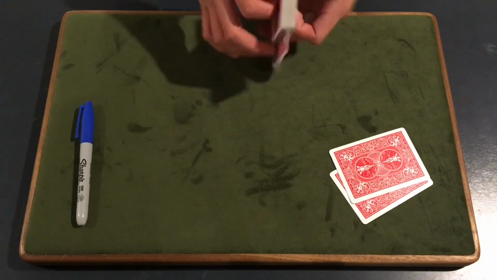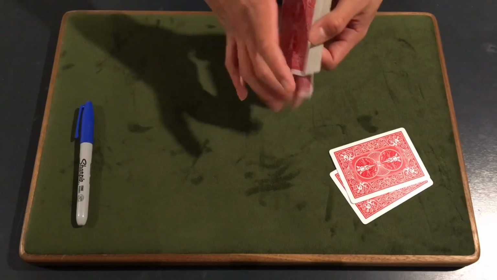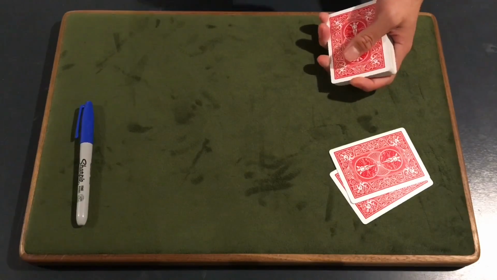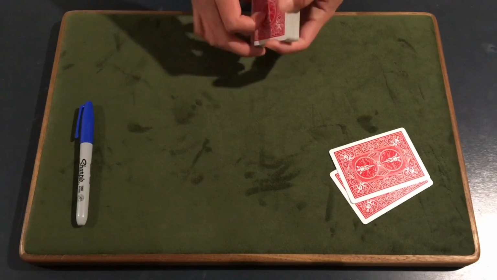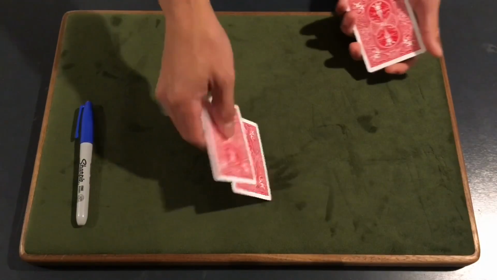Collect it together. You can show their card here. You can say, okay, you got the 7. You can have them push it in. Just adds a little bit of extra effect. So they have their card pushed into the middle of the deck. They know it's in the middle of the deck. So what you're going to do at this point is you can say, okay, you can go ahead, you can